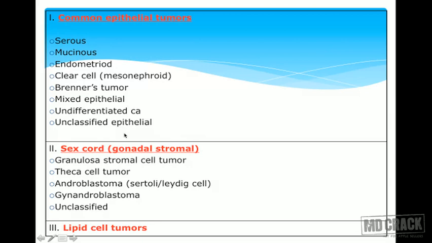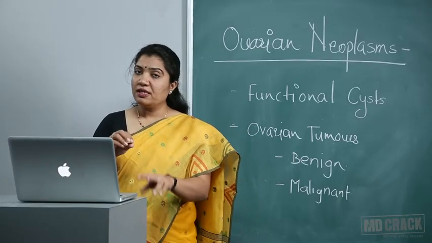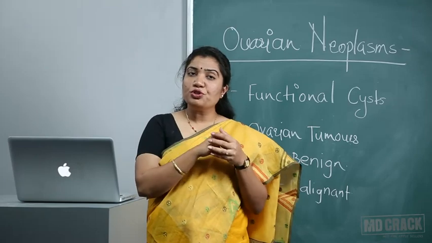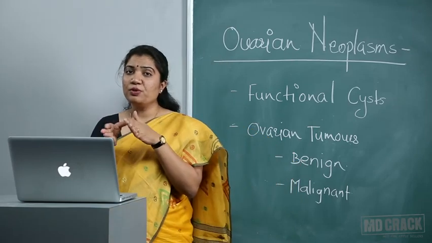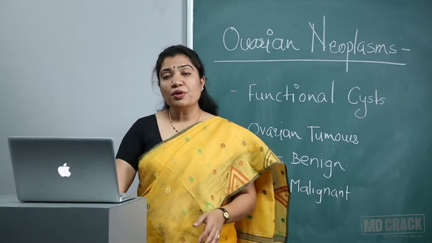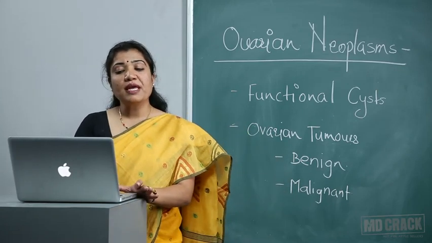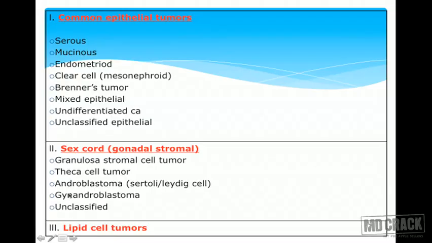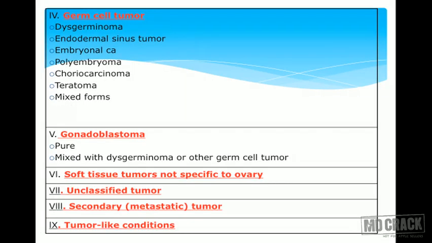Then coming to the sex cord, there is granulosa stromal cell tumor and theca cell tumor. And from the Sertoli or Leydig cell, as you know, the embryology of the ovary tells us that it has capacity to develop into Sertoli Leydig cell as well. So once the tumor starts forming, there can be even Sertoli and Leydig cell tumor, that is called androblastoma or gynandroblastoma. Lipid cell tumor, germ cells, they form dysgerminoma, again a very important tumor, endodermal sinus tumor, embryonal carcinoma,